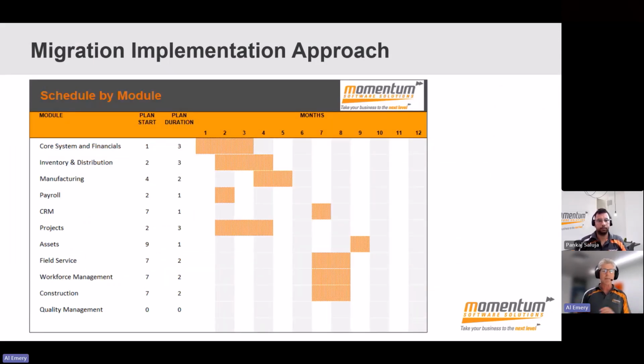Well, it depends what modules we're doing. Payroll we can do in a few weeks or a month, depending on the size of payroll. If you're just doing financials, again, depending on how many entities, that might take 2 to 3 months. If you're doing inventory and distribution, that part might take 2 to 3 months, and partly would run concurrently with